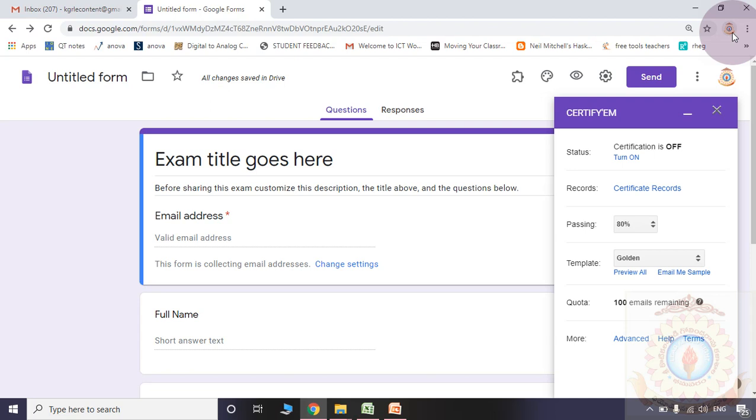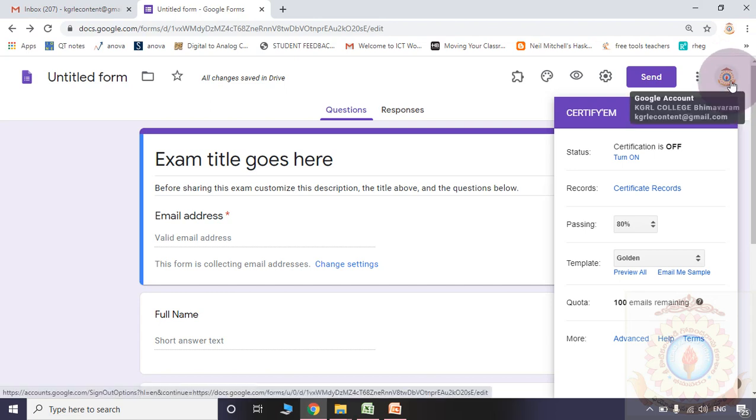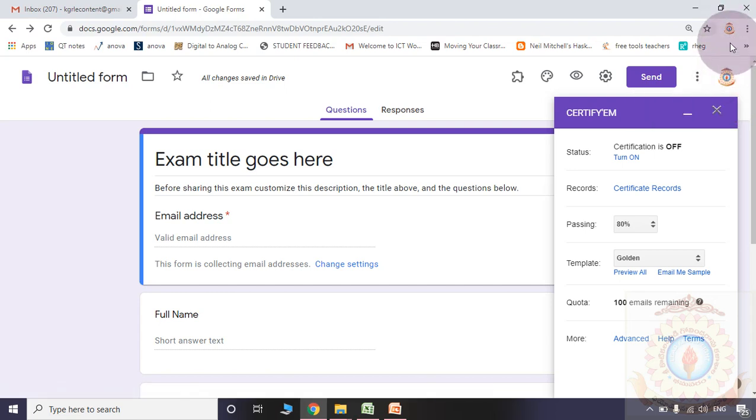Whenever both the accounts are the same, meaning their Google Drive sign in and the sign in account for the Google form, if both are the same, then only you will observe this particular Certify-EM window here.